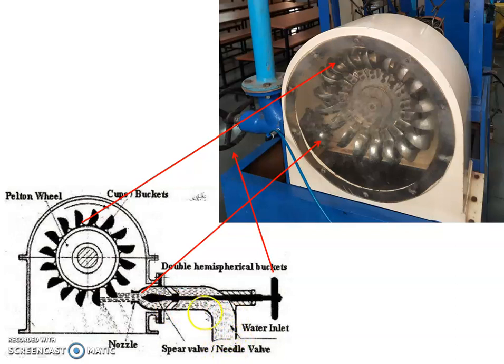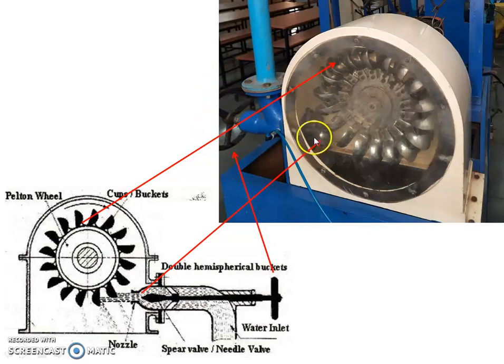The water from the sump will flow into the inlet pipe, and from the nozzle the water hits the buckets. And here we can see this sphere ball which moves forward and backward with the rotation of this wheel. When this sphere ball moves forward, the flow of water over the buckets is stopped, and when it moves backward with the rotation of the wheel, then the water is allowed to flow out of the nozzle. So this is the wheel which is used to regulate the flow of water.